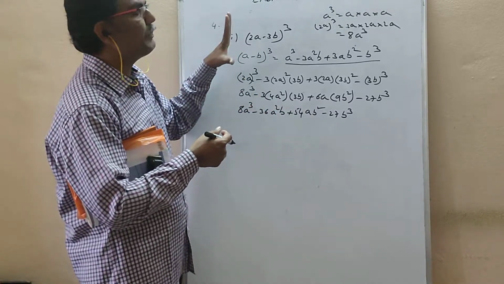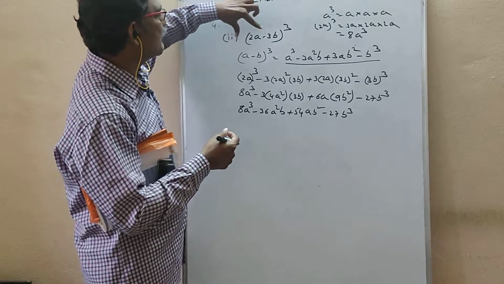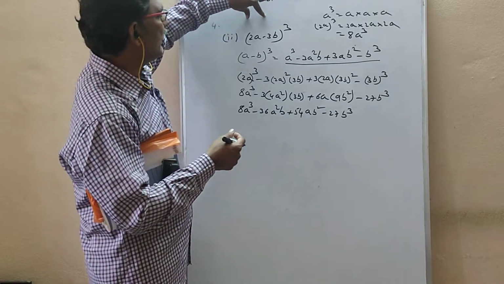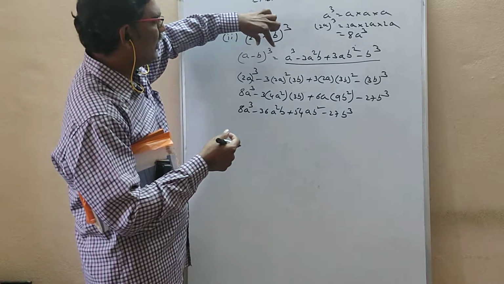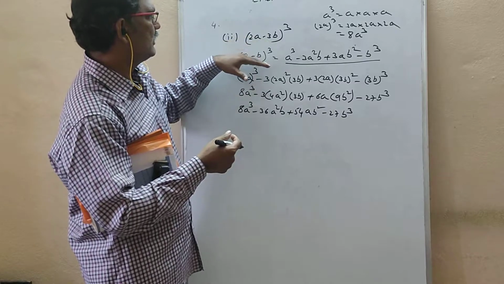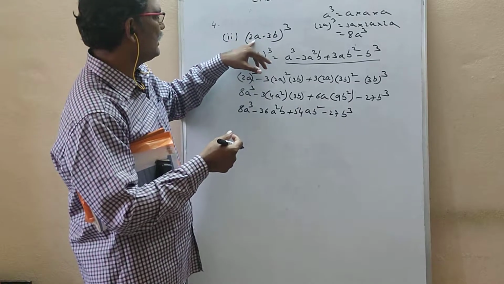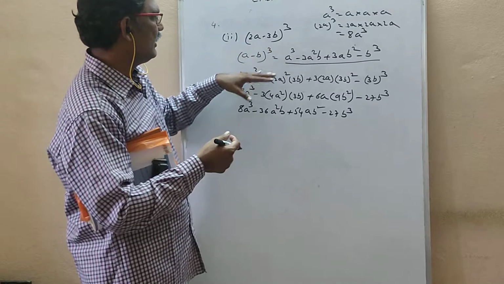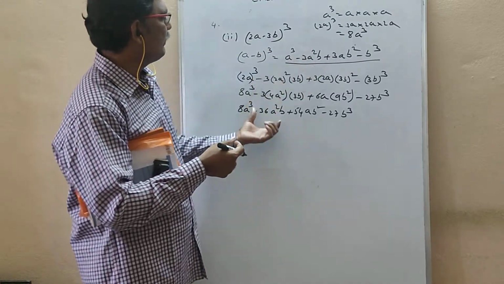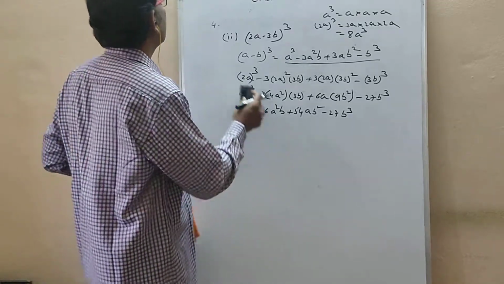It is called expansion. What have you done here? What is the question? He will ask you to expand this one. For this expansion, first you have to know the formula. Write down the formula and compare these two. Wherever a is there, what is there in place of a? In place of b, what is there? On the right side, substitute it, simplify, and at last you will get the answer. This is about the second question.